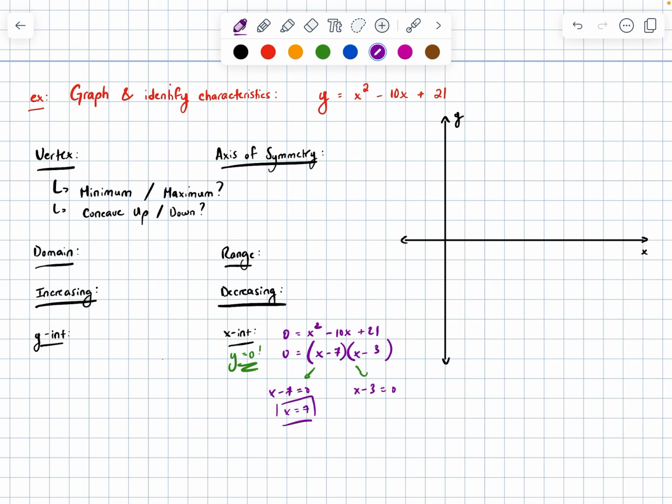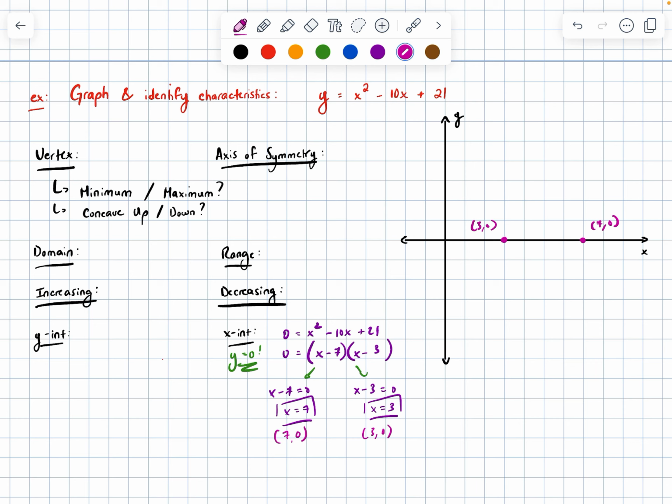If x minus 7 is 0, adding 7 to both sides, x is equal to 7. If x minus 3 is equal to 0, adding 3 to both sides, x is equal to 3. Which tells me that the points 7 for x and 0 for y, 3 for x and 0 for y are on my graph. So here's 3, 0, and then 1, 2, 3, 4 over. Here's 7,